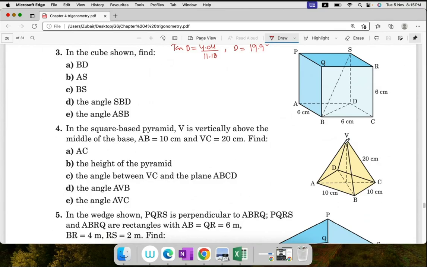Sir, BD will be 8.5. BD is 8.5. Very good. To be exact, it is 6 square root 2, rounded to 8.5 centimeters. And AS,